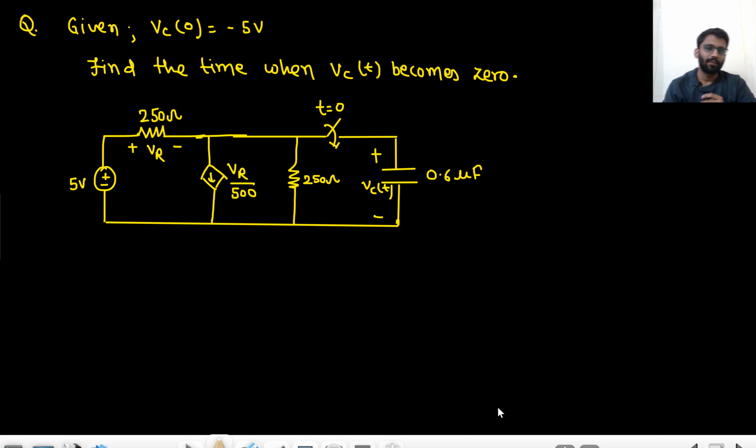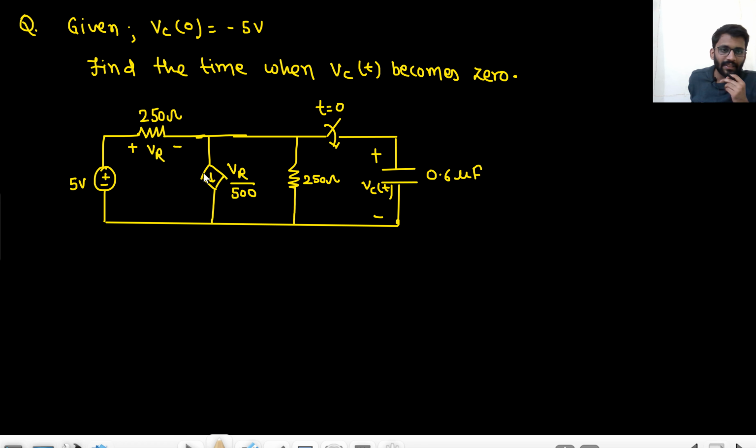Okay. So what will be your approach? That's the main concern here. I have seen many students trying this question by Laplace transform. They will get the answer, that's for sure, because Vc(0-) is minus 5 volt. Then they can apply the Laplace transform, get the expression of Vc(t), and then get the final answer. Why are they applying Laplace? Because there is a dependent source.